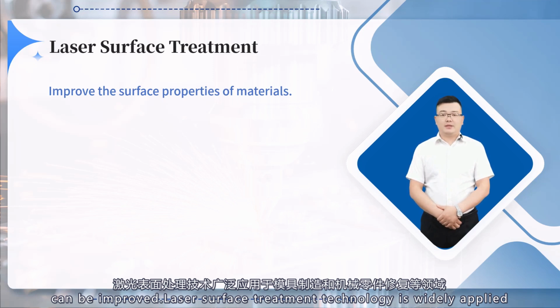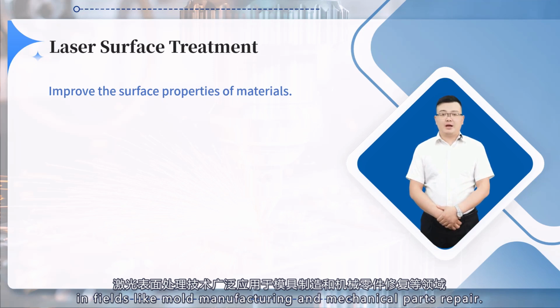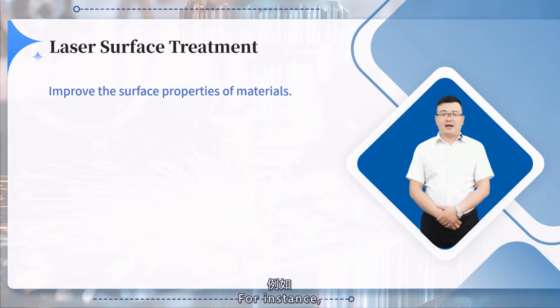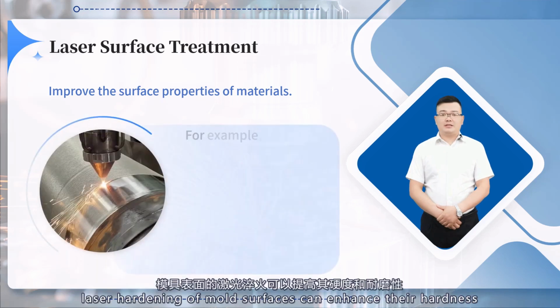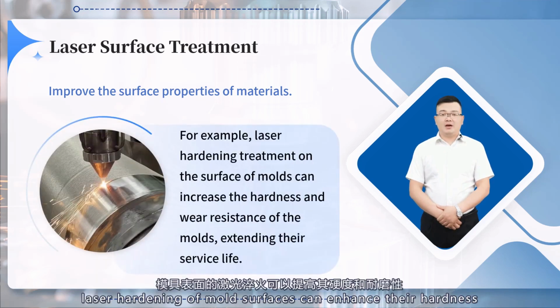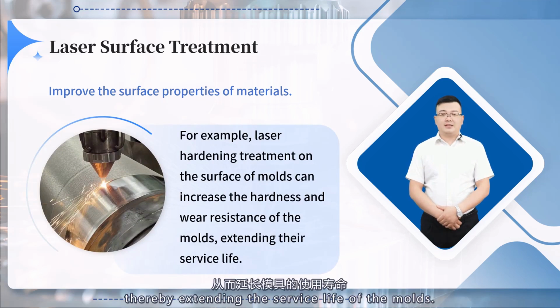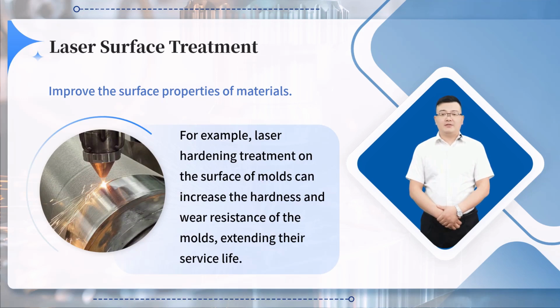Laser surface treatment technology is widely applied in fields like mold manufacturing and mechanical parts repair. For instance, laser hardening of mold surfaces can enhance their hardness and wear resistance, thereby extending the service life of